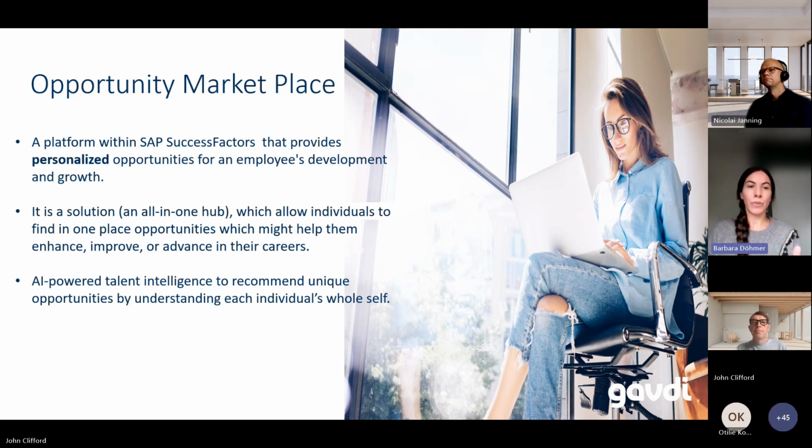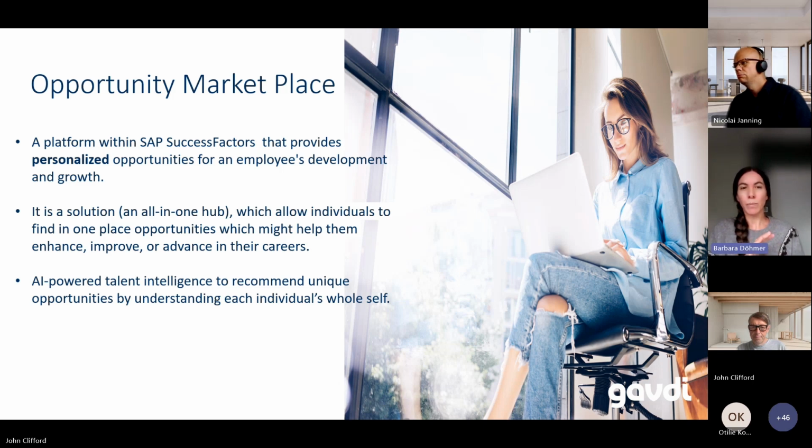It uses machine learning recommendations and AI technology to recommend unique opportunities to each individual and their whole self. When we talk about the whole self, we are not talking about just competencies or just skills. We are talking about everything: competencies, skills, aspirations, interests.